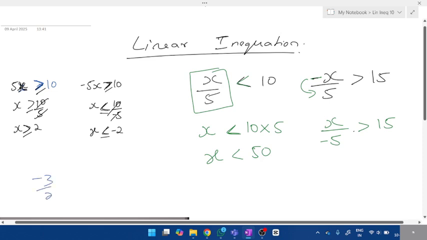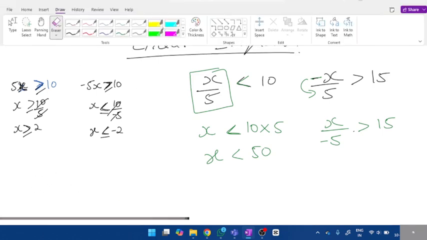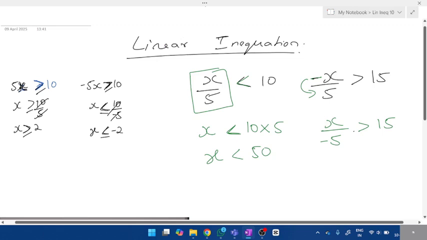Both are same, right? If I write minus 3 by 2 or 3 by minus 2, are they same or different? They're the same. See, the denominator sign, you can write negative sign. If it's in the denominator, you can write it in the numerator. They both are same. So in order to find the positive x, we'll transfer this